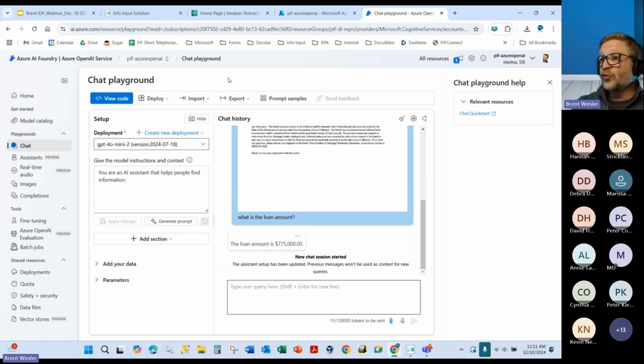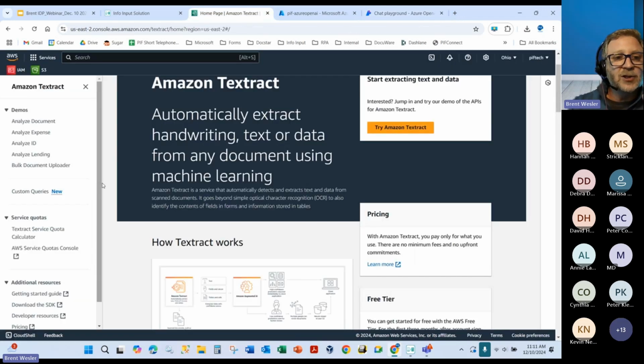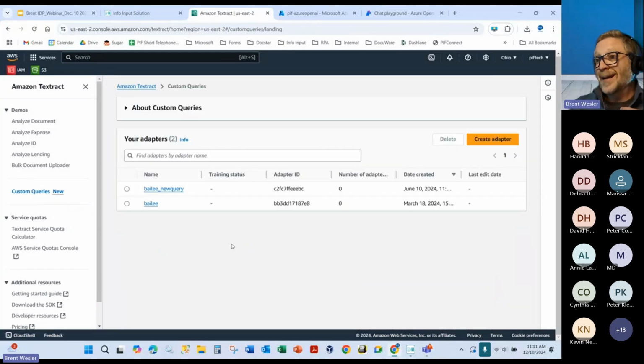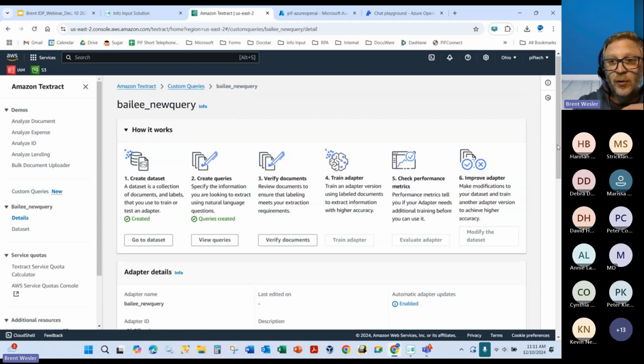Okay, so that's how you set up Azure OpenAI. What we're going to do now is go to AWS Textract and do the same thing. So you'll notice when you go to Textract now, you'll see this custom queries object here. Now, I've already created an adapter. You can obviously hit create adapter here, but I'm going to just go through the sequence, and you'll notice here